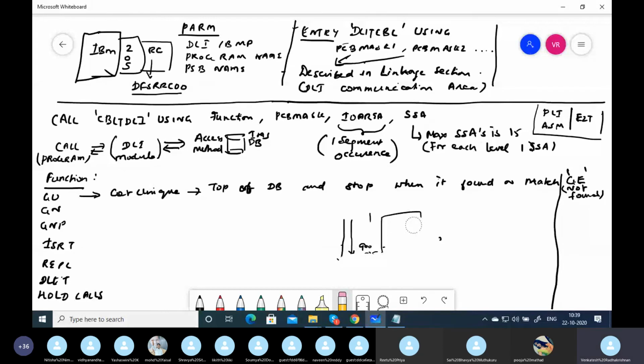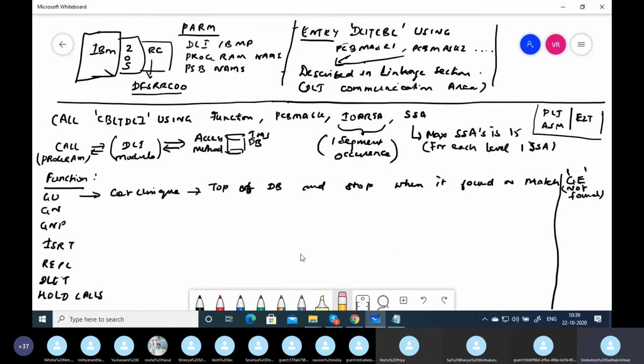So all these are calls available for you to use. You have to know when to use what. Basically, the main challenge of IMS DB is to get the data very efficiently and quickly with fewer calls. So you try to use as many SSAs as possible. Basically, you try to use one SSA for every level, and wherever you know the data, go for a qualified SSA.